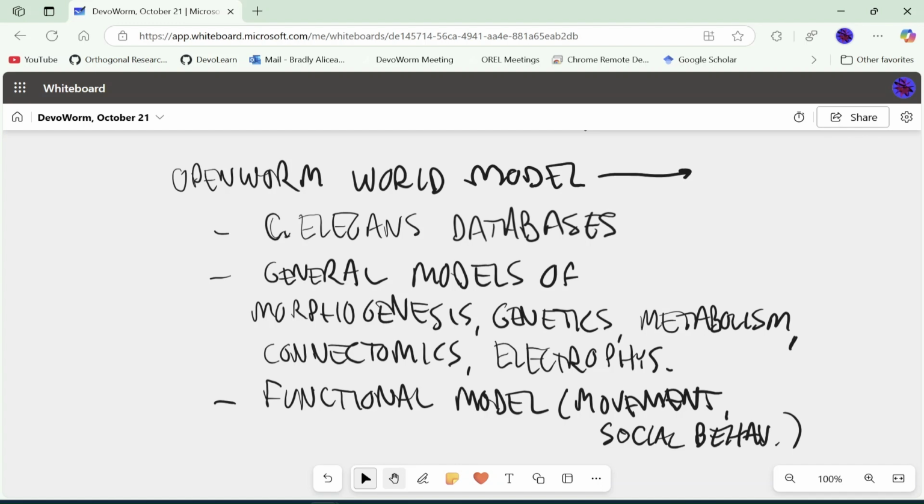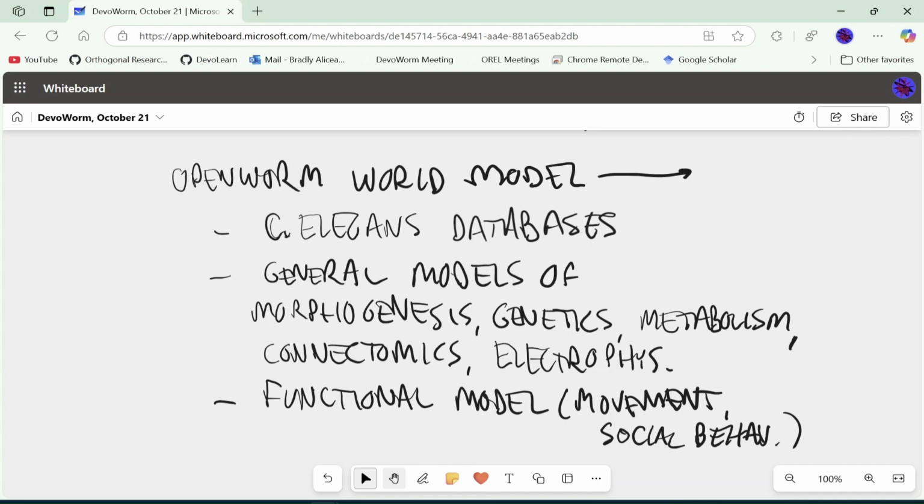For example, with morphogenesis, we have specific things in C. elegans like movements in the embryo, patterns of division in the embryo, or patterns of differentiation in the embryo. We can see this in the lineage tree. We also have patterns of connectomics. The C. elegans connectome is unique from other connectomes, and it's also unique from a random graph. Those general models give us these tendencies, or this structure on which to hang any sort of prediction from data. The functional models would be more about a dynamical model or a time-dependent process.